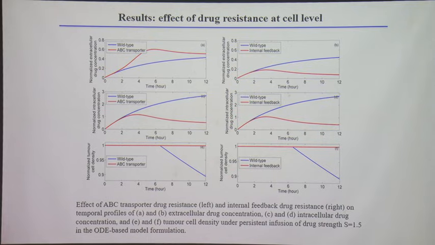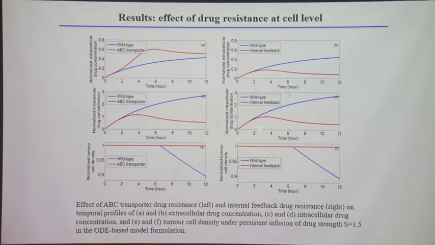If you look at the cell density, starting from the bottom, now the cell density is normalized, and cell density remains constant at 1. What that means is that none of the cancer cells is killed in this case, and that's probably expected because of the resistance here. And if you look at this one,